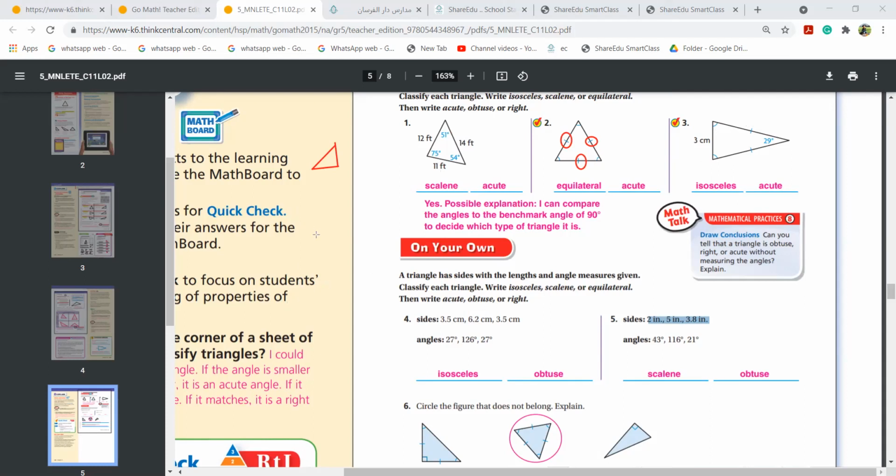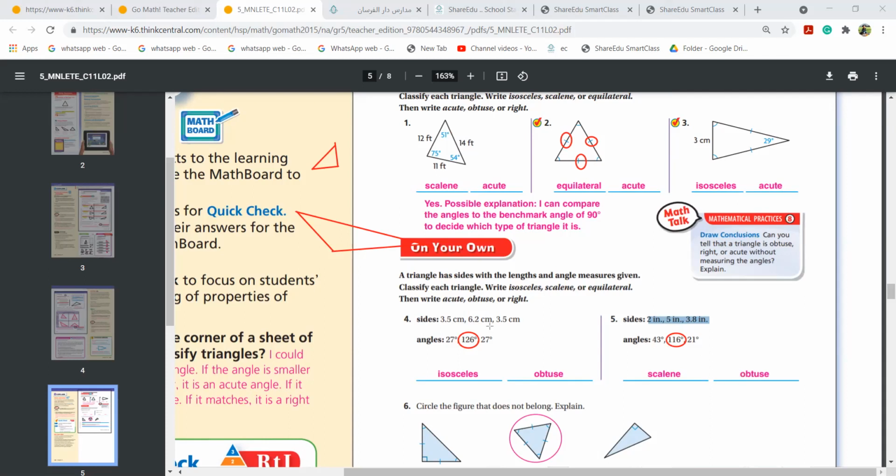Now, when I see the obtuse, it will be open. Is the shape of a beak so big? It is like an open mouth. This is obtuse, more than 90. Here it is more than 90 degrees. 126 means more than 90. It is called obtuse. Check here. Any one of them more than 90? Yes. This is more than 90. That means obtuse. If all are less than 90, it is called acute.